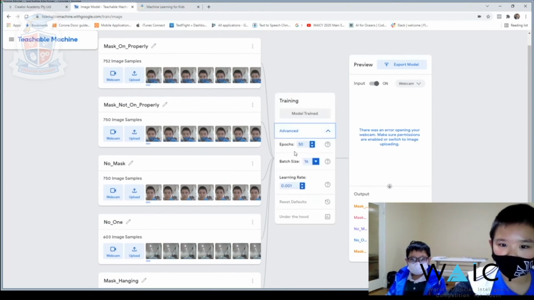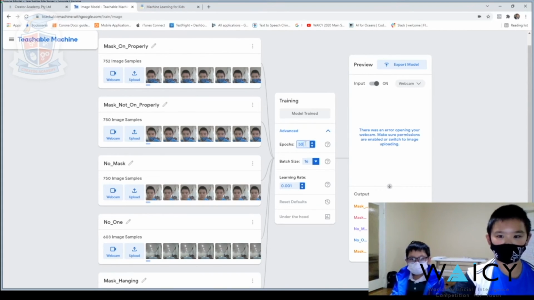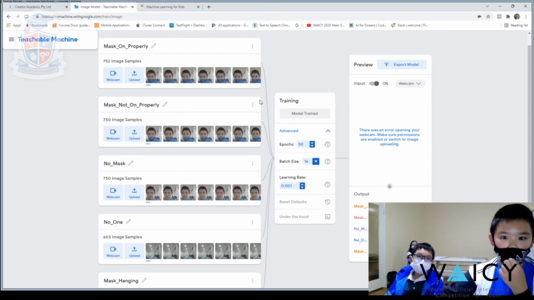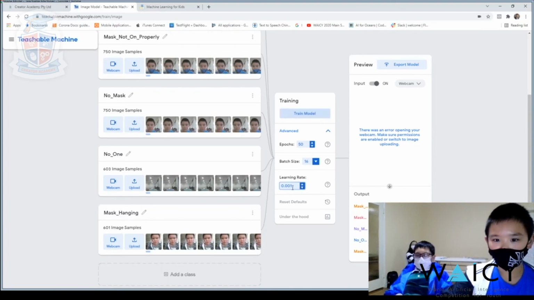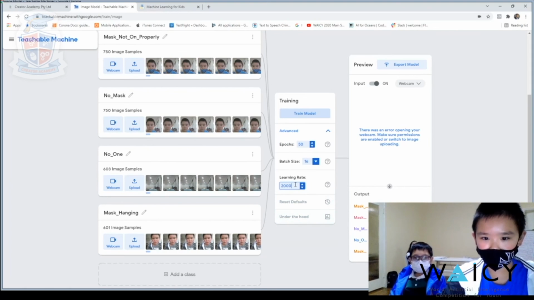So in the advanced settings, an epoch means how many times the program is run through for every single one. So for this, it would be 750 multiplied by 5 and then times 50, which would be a lot. It means the testing would be much better than if you only use one epoch. For the learning rate, if you had this number at a really high number, such as 2000, then the learning